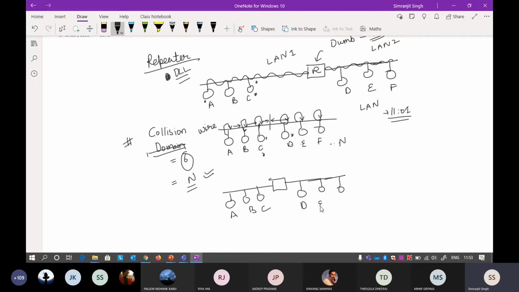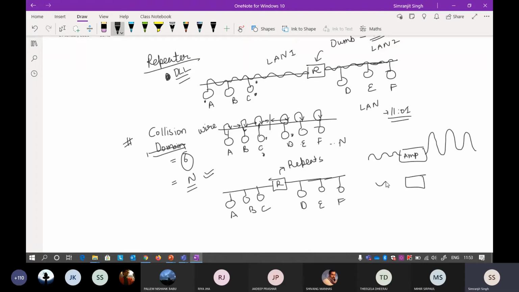Okay, you know that a repeater does not have any functionality. Rather, it just repeats the signal. It does not amplify it. An amplifier is a totally different thing. An amplifier amplifies the signal. Suppose this is the signal going towards the amplifier. The amplifier will increase the amplitude of the signal. That is an amplifier, but a repeater is not an amplifier.